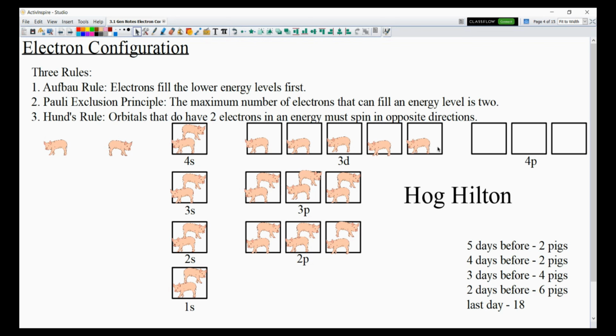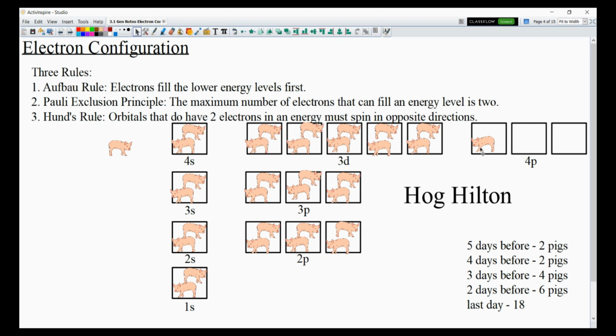Okay, so now before it walks down this long, long hallway, they're going to share these rooms. 13, 14, 15, 16, 17. Okay, and then the last pig's going to have to walk down here by itself in this wing